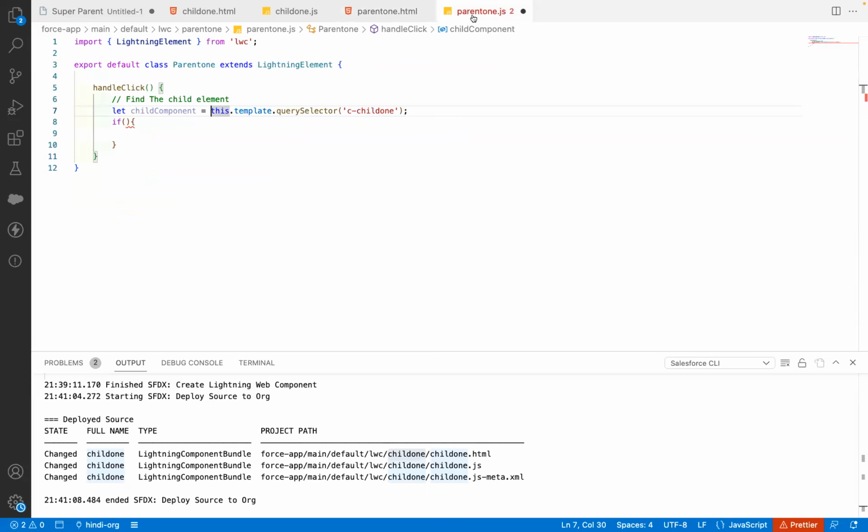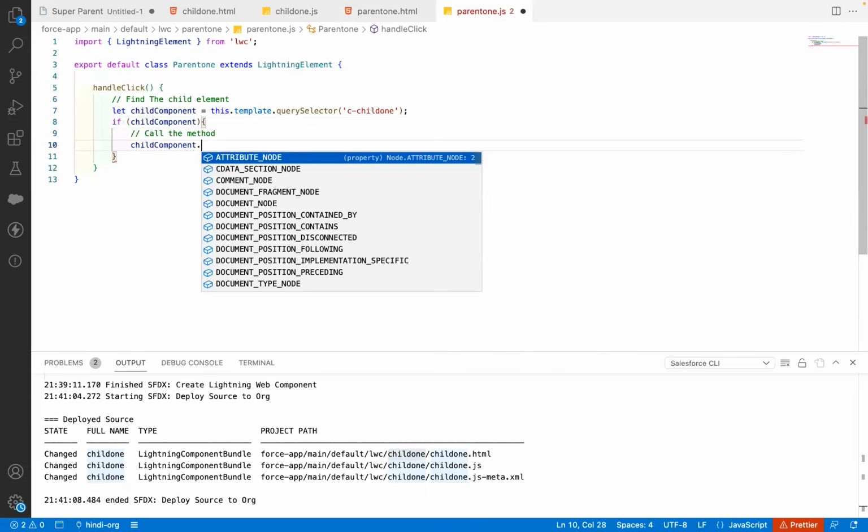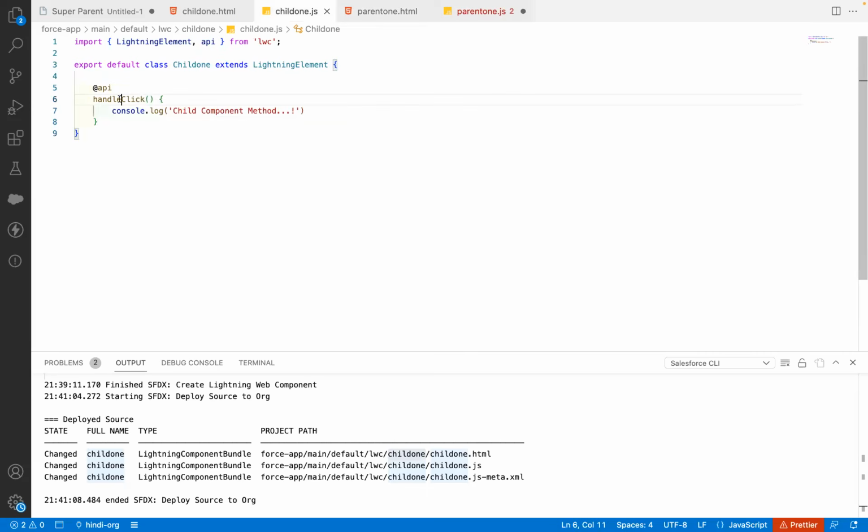Variables and methods are only going to be accessible if they are public. Let's check if there is something in this component. That means there is something in this component. Then what we will do is call the method. The same way you called the method of your Apex class, you have to say childComponent dot the method name, that is handleClick,